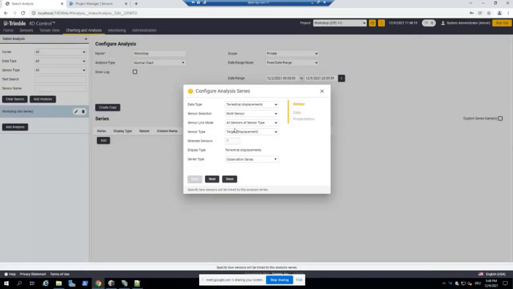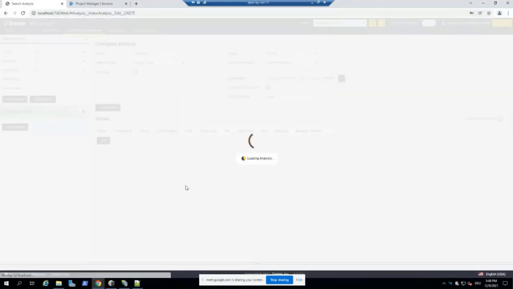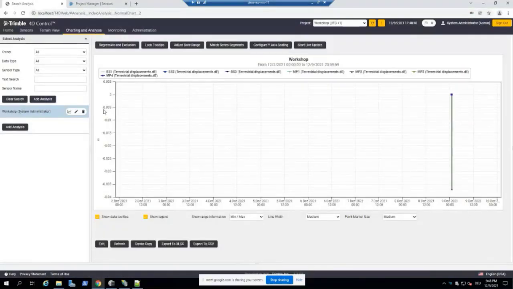So I could, for example, do a multi-sensor selection. I select all of my 7 sensors, and then I can say, okay, I'm only interested in the height component, for example, or maybe let's choose easting because of the movement of the second point. And I say done, and then I can view it, and then you immediately see,